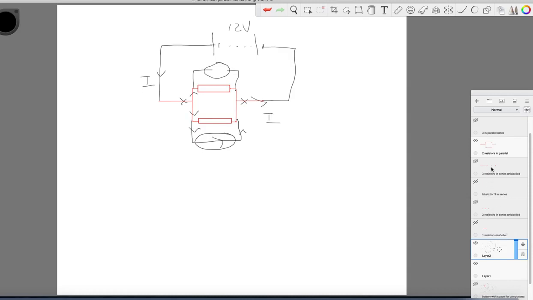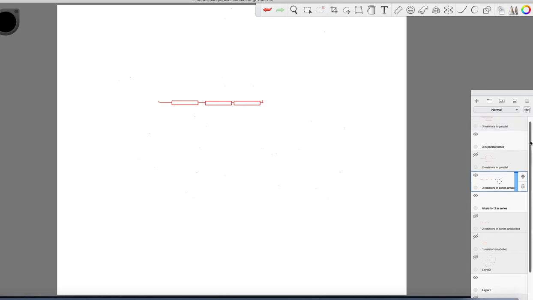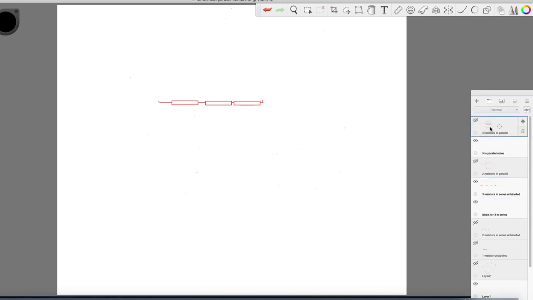Let's think then about the potential difference, the voltage. Sorry, I said voltage, I meant current. We've talked about the current. Let's talk about the voltage now. So let's have three resistors in parallel,